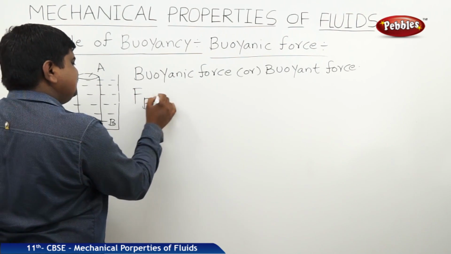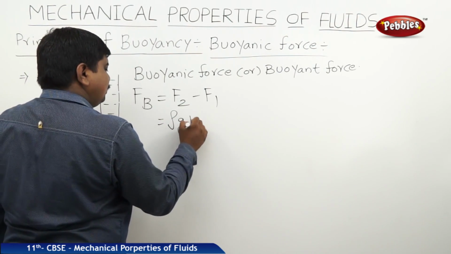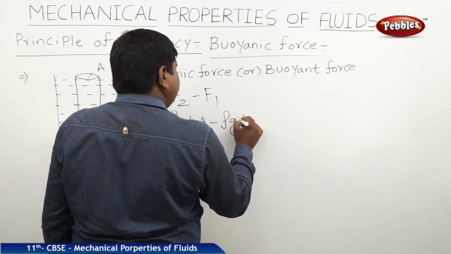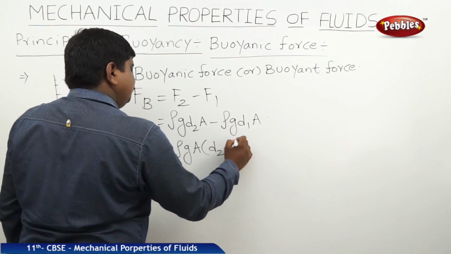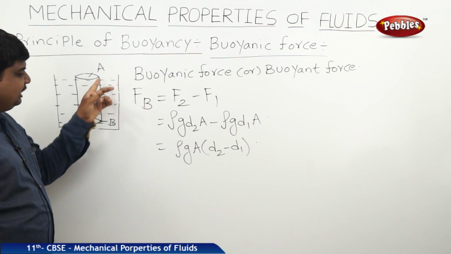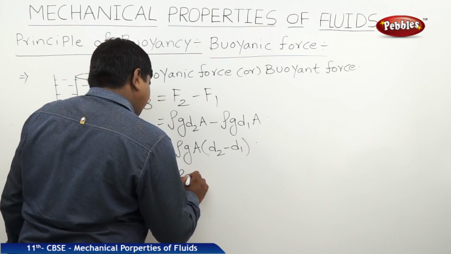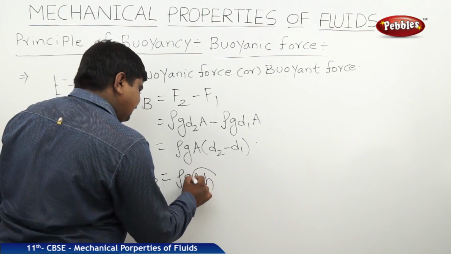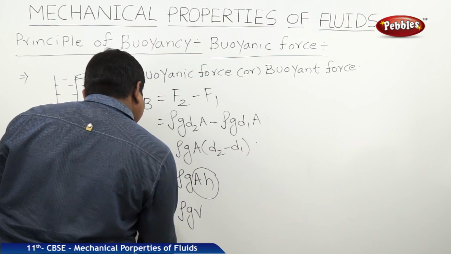Therefore, Fb is equal to F2 minus F1, where F2 is equal to rho g D2 A minus F1 equal to rho g D1 A. So we can take rho g A as common into D2 minus D1. This D2 minus D1 is nothing but the height of the cylindrical object. So therefore it is rho g A h is equal to Fb. Area into height is nothing but the volume of the body. Therefore, rho g V is equal to Fb,